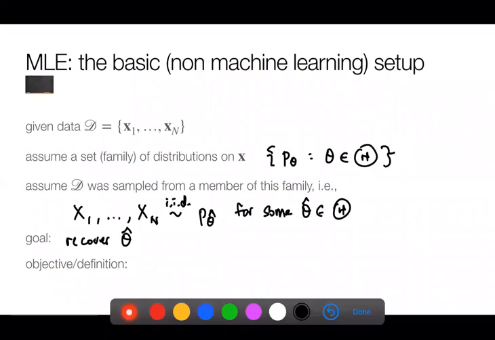But a more concise way to write the objective or the definition of MLE is to say that we're looking for the maximum likelihood estimate of our parameters, which I'll denote as theta MLE, and that is defined as the maximum over all possible parameters of whatever parameters maximize the probability of the data that I saw. That's my best attempt at drawing that cursive D, right? And this, based on the IID assumption that I have here, is equal to the maximum